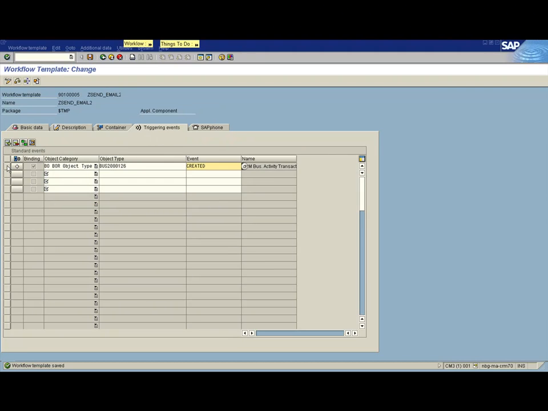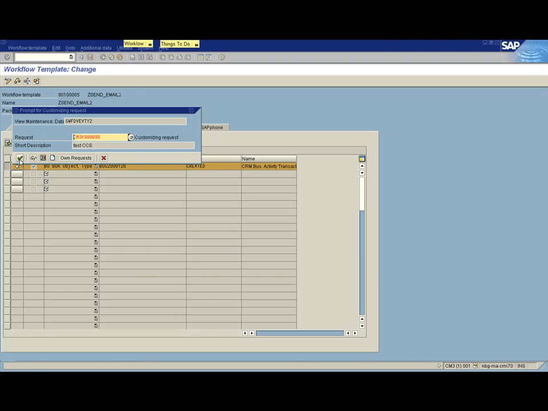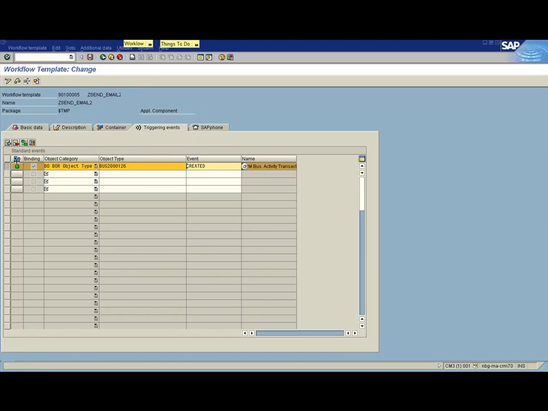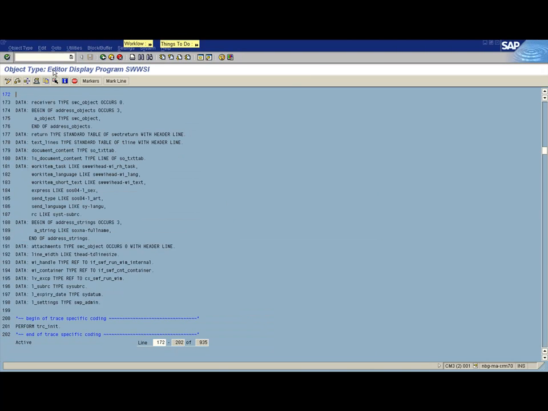And this is what you need to note: you need to activate the event triggering binding until the icon becomes the green icon mark. Save it. And now test the workflow that you created. Go into transaction CRMD order or the business activity transaction.